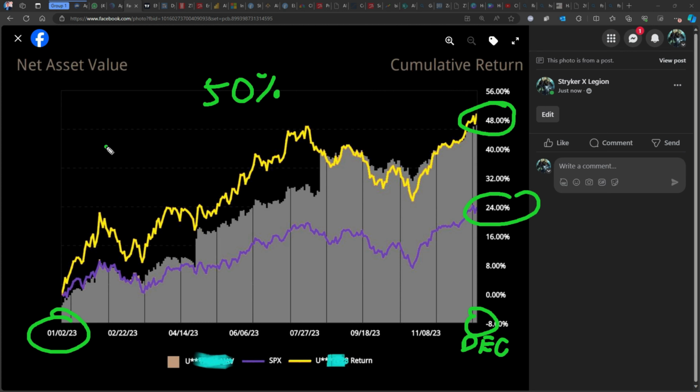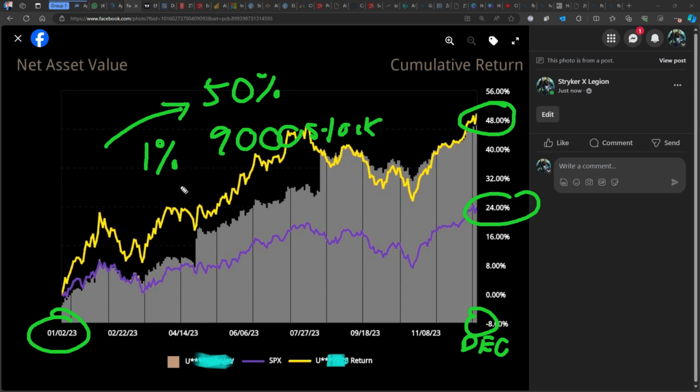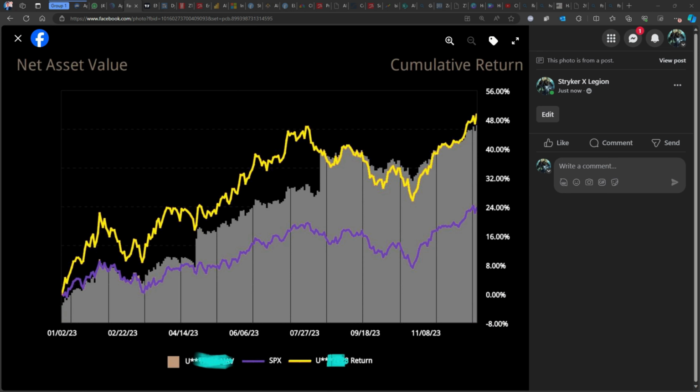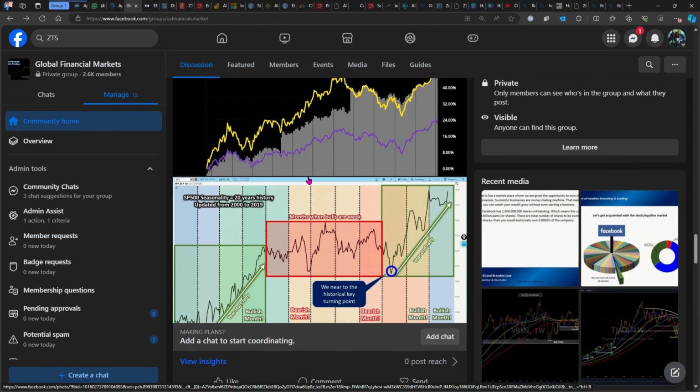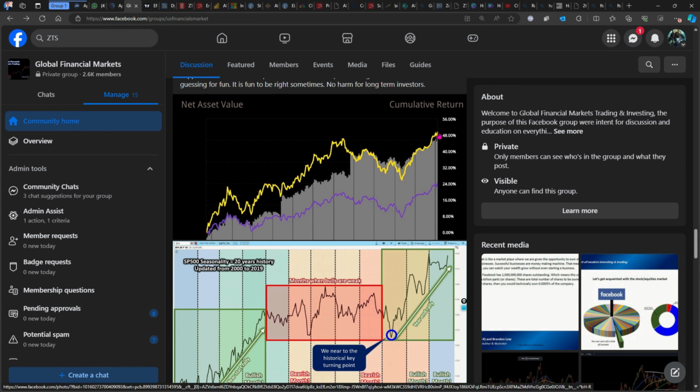Why I get 50% is because I choose stocks which are actually less than 1% of the 9,000 stocks listed in the US. So it's about 30 stocks that give us the edge to actually beat the S&P. Maybe next year you get another positive one. The stock market is always ready to go up in the long term. Of course, if the market becomes bearish,